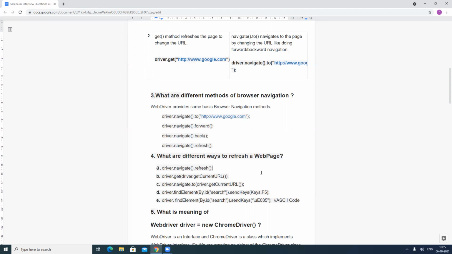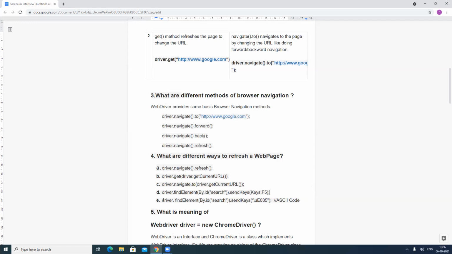And also from our keyboard we can press F5 to refresh a web page. In the same way we can pass sendKeys with the key F5 in our Selenium WebDriver as well. But to pass keys we need a web element object. So we have to do driver.findElement. By.id we can find any web element on the web page, and we can pass the key like sendKeys, and in the keys we have to pass Keys.F5. By this it will refresh your web page with the help of a keyboard action.